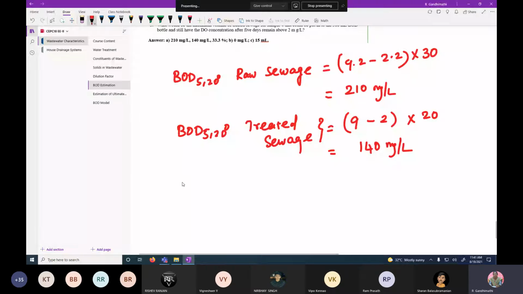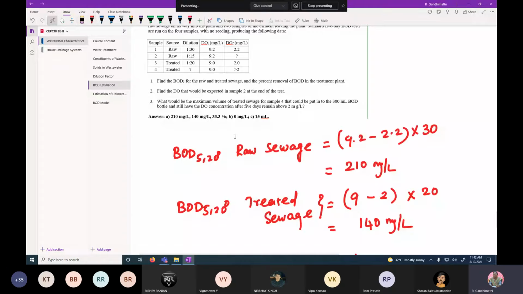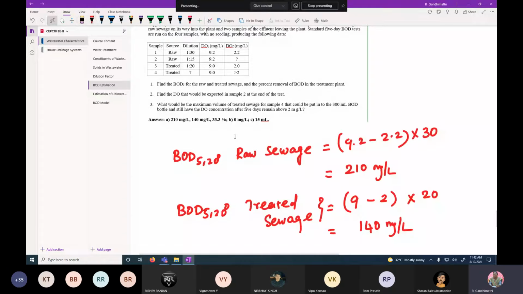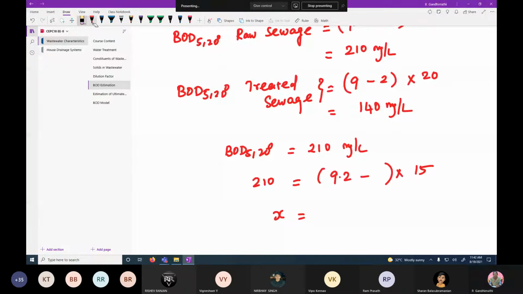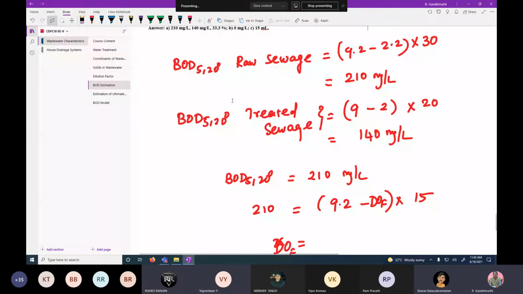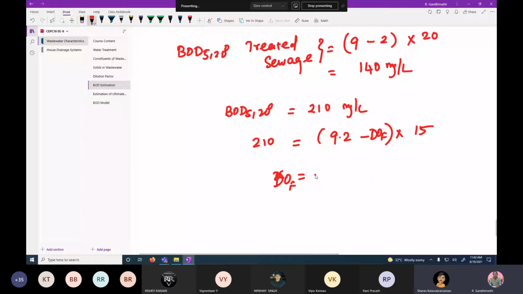Then 210 equals 9.2 minus X, where X is the DO final, into the dilution factor of 15. What is the answer for X? It's coming as negative. Then you have to indicate it as 0.